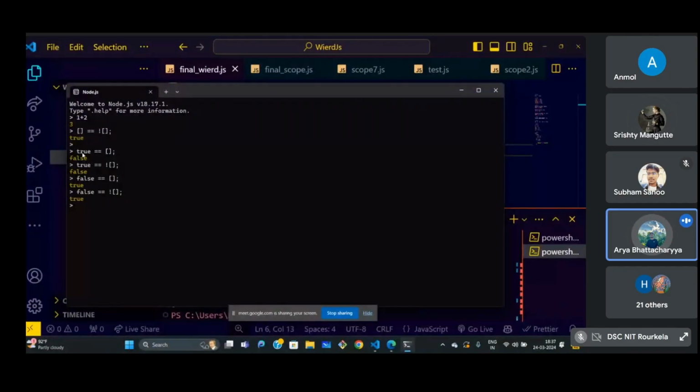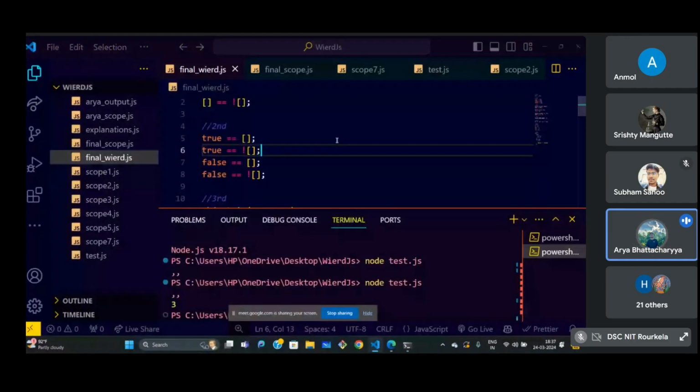The first one is equal to 0 equals to 1. True converts to 1, and the empty one is a 0. So 1 equals to 0 is not true, so it will consequently return false. And the others are also very similar. We'll be delving into each of the concepts involved over here. So the basics of the questions are here, and the concepts will be discussed later.